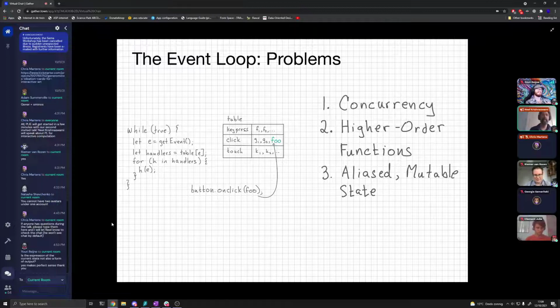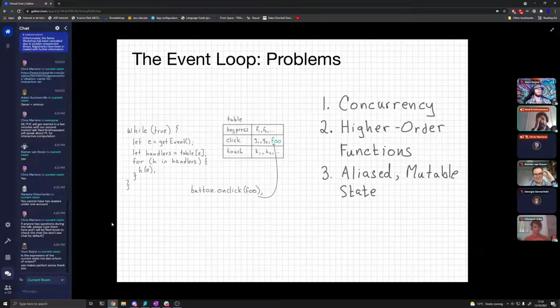The second problem is that in order to make the system flexible, we have to turn to some very powerful primitives. One of those things we have to do is program with higher order functions. If you look at the enumeration of the handlers, we look up some functions in a data structure, and then we call those functions. We don't know what they are statically, and in fact, they can change dynamically. Higher order functional programming, I really like it, but I know just from watching my students that they find it very challenging.